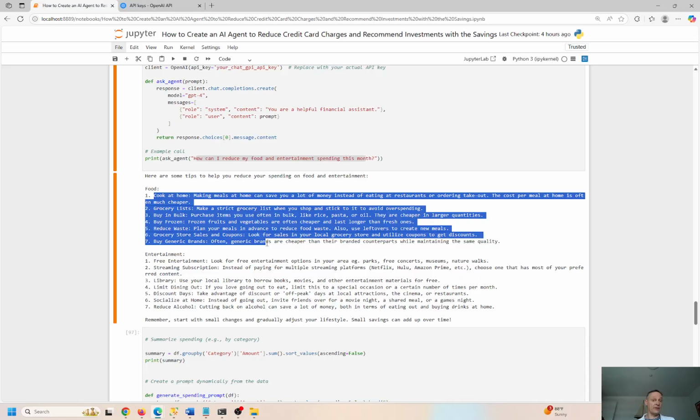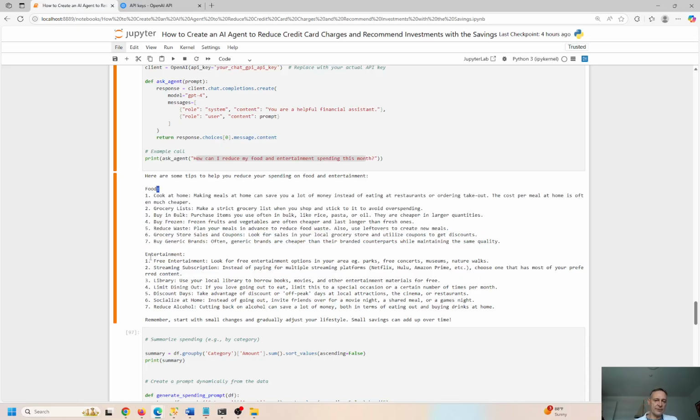You can even call it guardrails that we operate within, right? So we don't drive off the road. We don't drive into a ditch. We have guardrails here that are set up for us by this agent. We follow this, we will save money, right? So this is how to save money on food, how to save money on entertainment.